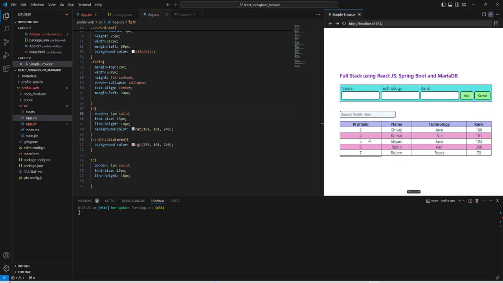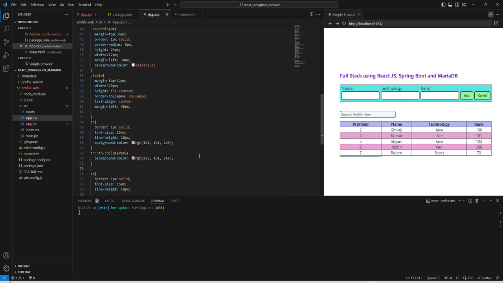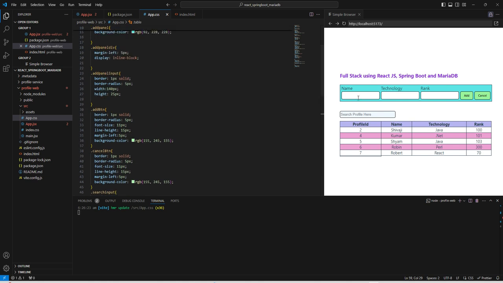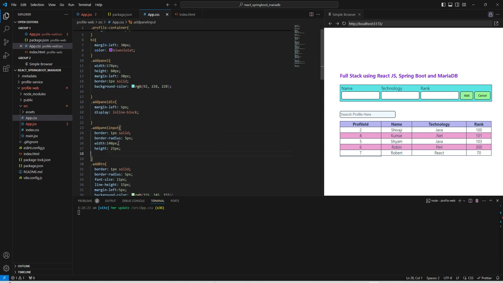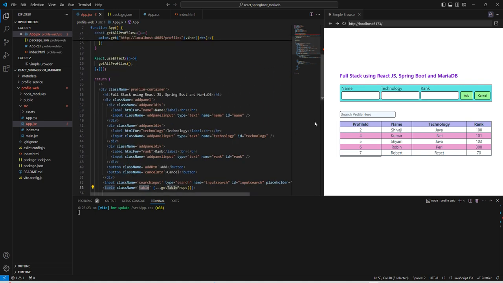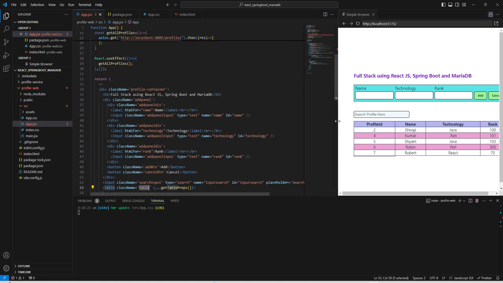Now let us add one more thing. Like here we can check for this add button. So we will implement some post mapping here by adding some numbers. Okay, so actually we have added, so let us add the add API, post mapping API here. So before we do that, what we need to do here, once we click on this